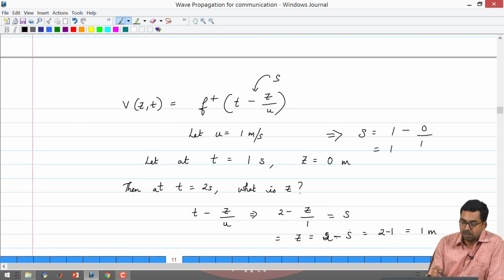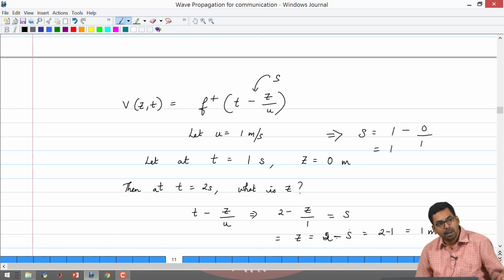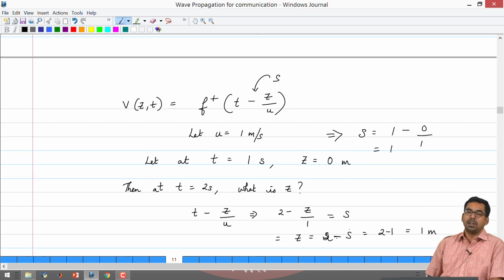So, this kind of a solution we call a forward travelling wave or a forward voltage in this particular case, which means that the other solution part that you had is going to be known as a backward travelling or a backward voltage wave. The general solution is telling you that at any given space at any given time you are going to have a superposition of a voltage that is going forward and also a voltage that is going backward, which is a very weird solution that we are getting, which would not conventionally happen in low frequency circuits, and understanding this takes a little bit more time, all right.